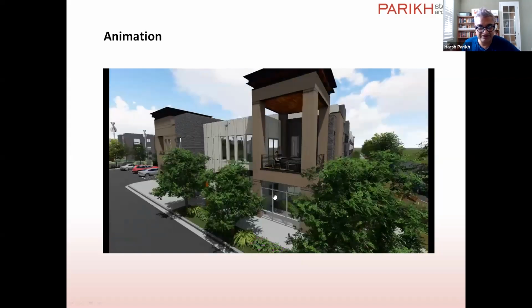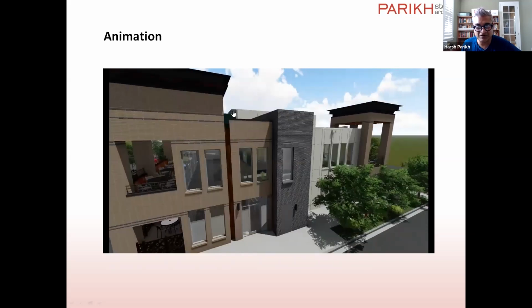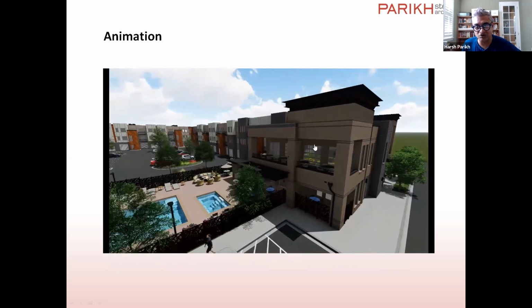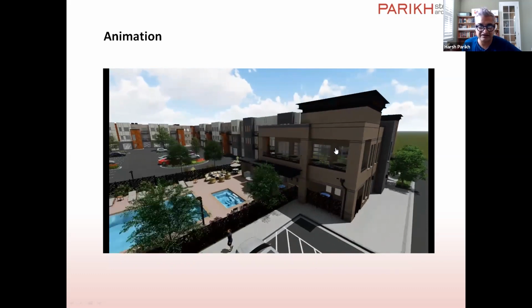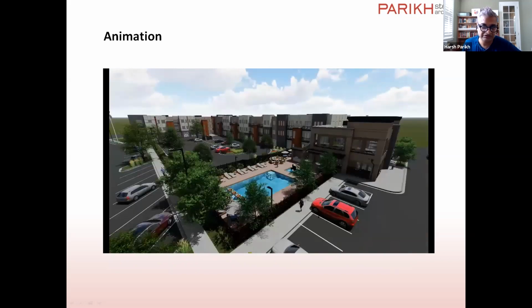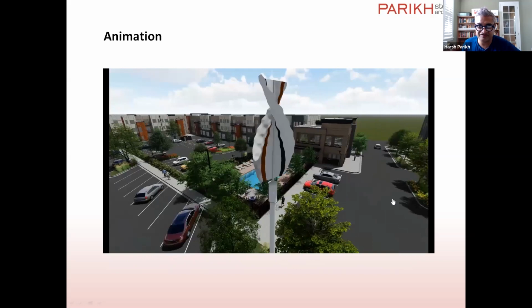And we fly around, and there's the entry into the leasing office. This is the part of the clubhouse that relates to the pool. There's that second floor Zen fitness center that looks down at the pool. The party lounge looks at the pool. And a quick story about this goofy helical